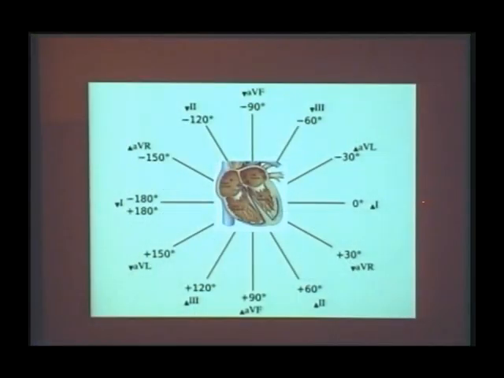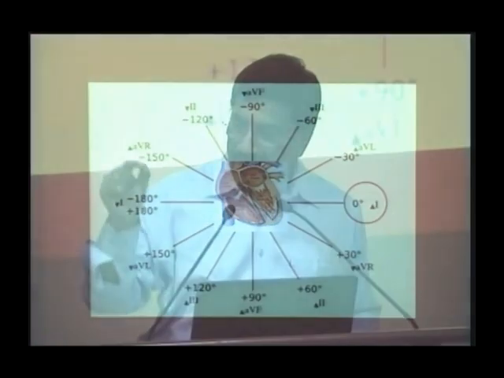So for that, we give a number to each one of the leads. For example, you see that lead 1 is a horizontal lead, isn't it? Horizontal lead. The lead 1 number is 0. So whenever my lead 1 shows the tallest positive QRS complex, my axis is normal. What is my degree? 0 degrees. So whenever you see the normal axis, for example, of the 3 leads I told you, L1 shows the tallest positive QRS complex. You know it is a normal axis, but the degree is 0.